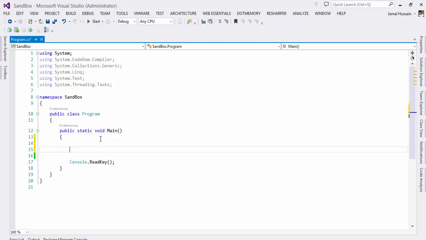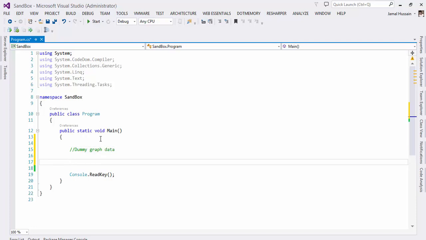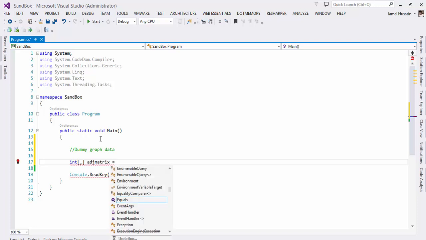Okay, all right. Here I will first create a dummy graph data. In this dummy graph data I will create a matrix, and this matrix is